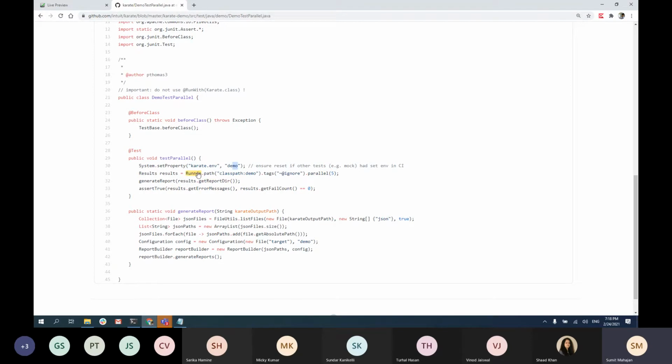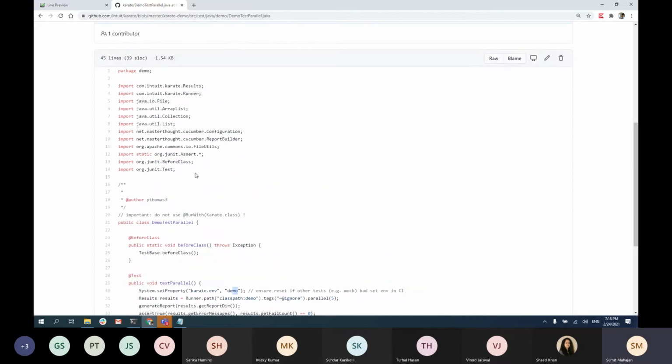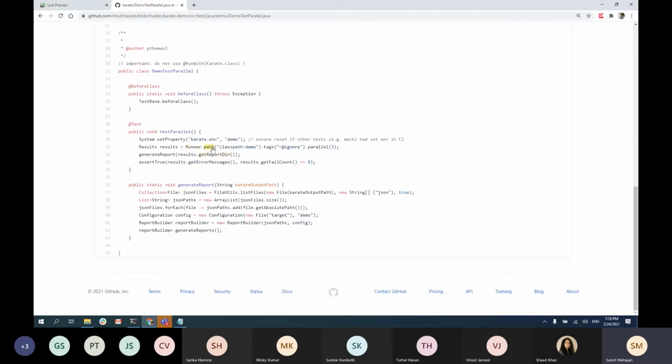So this is the runner function within the import of intuit.karate. So you can use that one. Once you use that, then you have the function to define path with particular tags, which you can either add or ignore, and then you are executing in parallel as 5, right? But you can change this number to any number that you want as a parallel run.